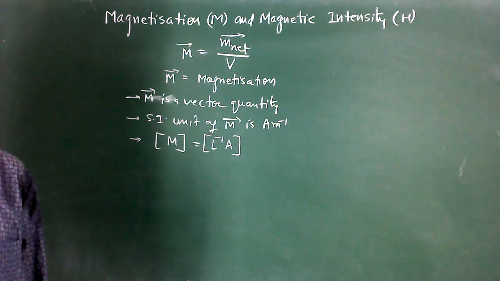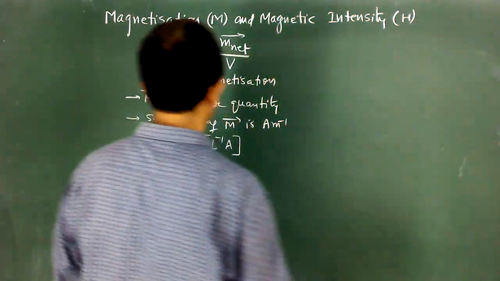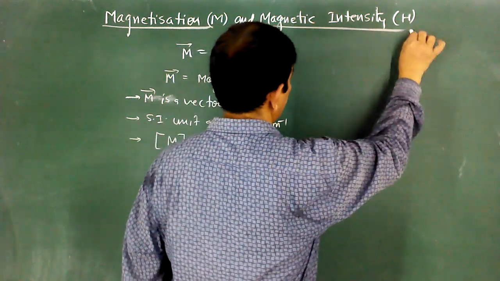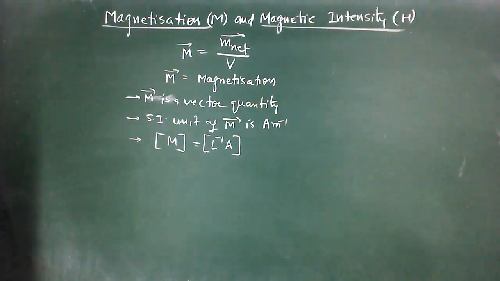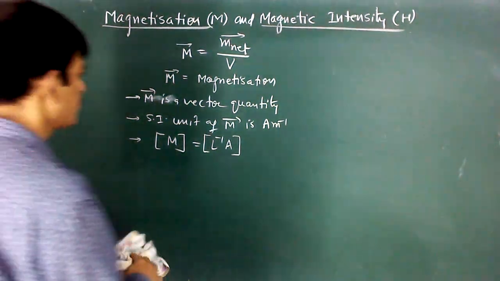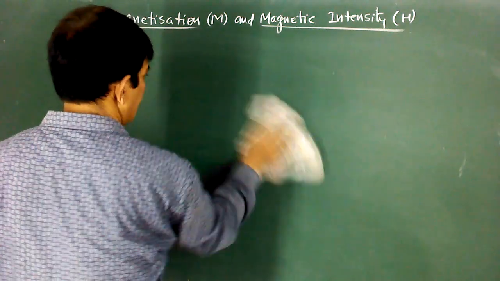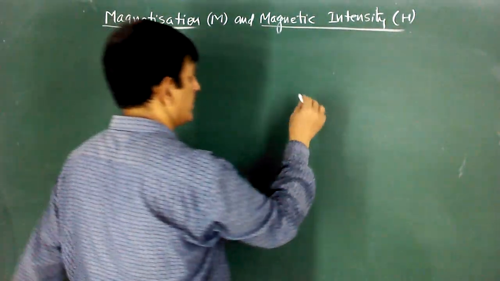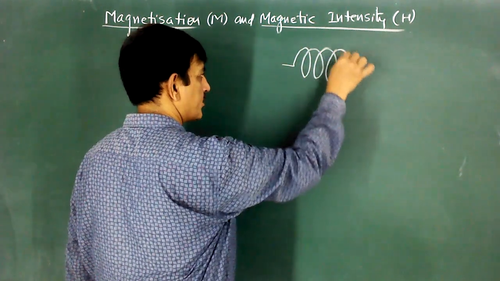So now we want to explain what is magnetic intensity. This is magnetization. Now we want to explain what is magnetic intensity. In order to explain magnetic intensity, we take a current carrying solenoid. Suppose this is a current carrying solenoid,